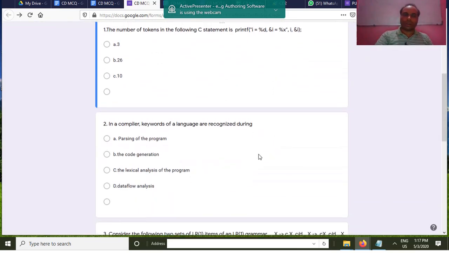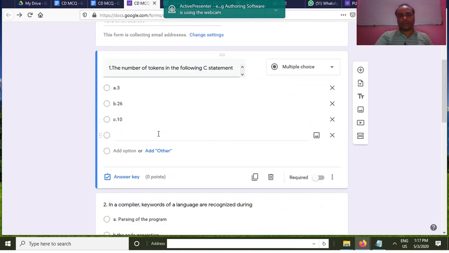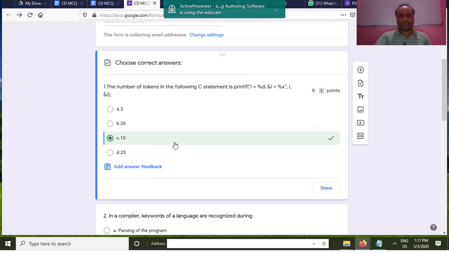Then you have to give the marking for the questions. For example, here options are there. Here I think one is missed, right? Yeah, now you have to provide the marking answer key. Go to the answer key, and for example option C is correct.